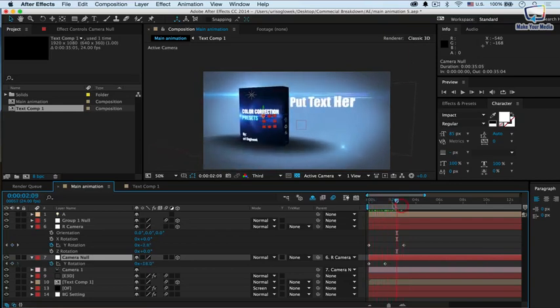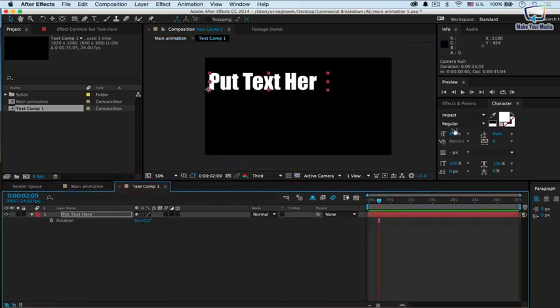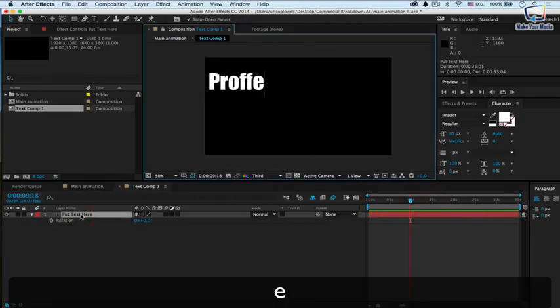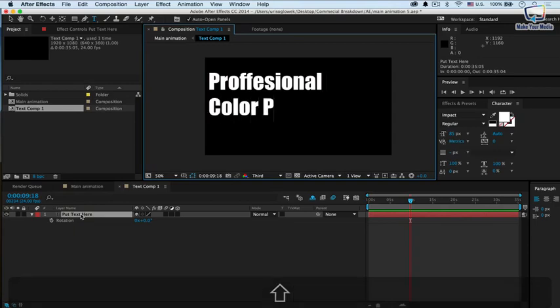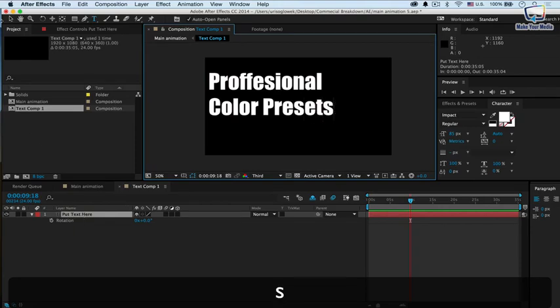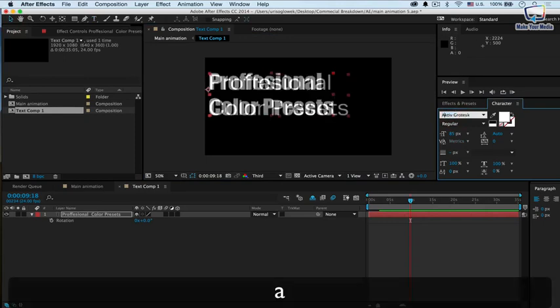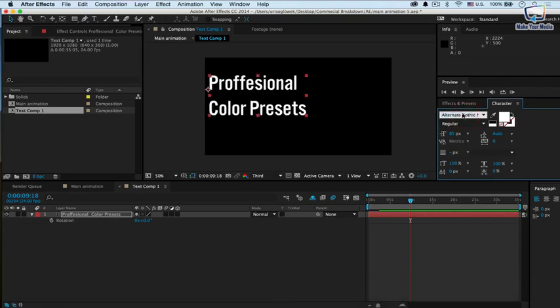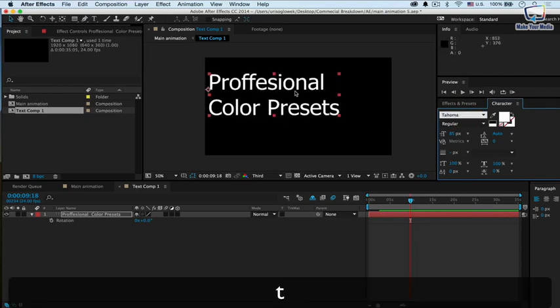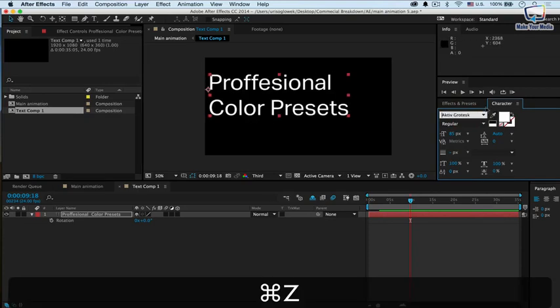And then we can put whatever text we want on that. So let's go into the text comp, click on that and write "professional color presets," and click out of there. Now I'm thinking that I need to get another font, so maybe I download this font from Adobe Fonts. Yeah, maybe this one, and I'm thinking maybe, no, sorry,